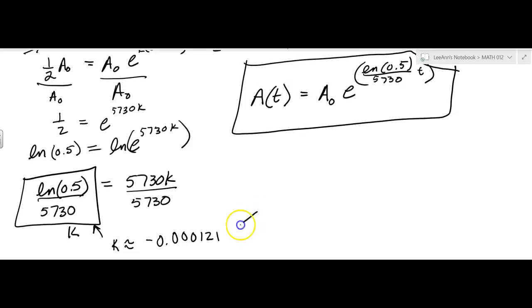Notice that it's negative, and that means it's going to be a decay, which we knew. We knew we were getting less of the carbon-14 as time went by. But just to show you, it does turn out to be a negative k, and so that means it's going to be a decreasing function. Well, not like that, but something like that. Okay,